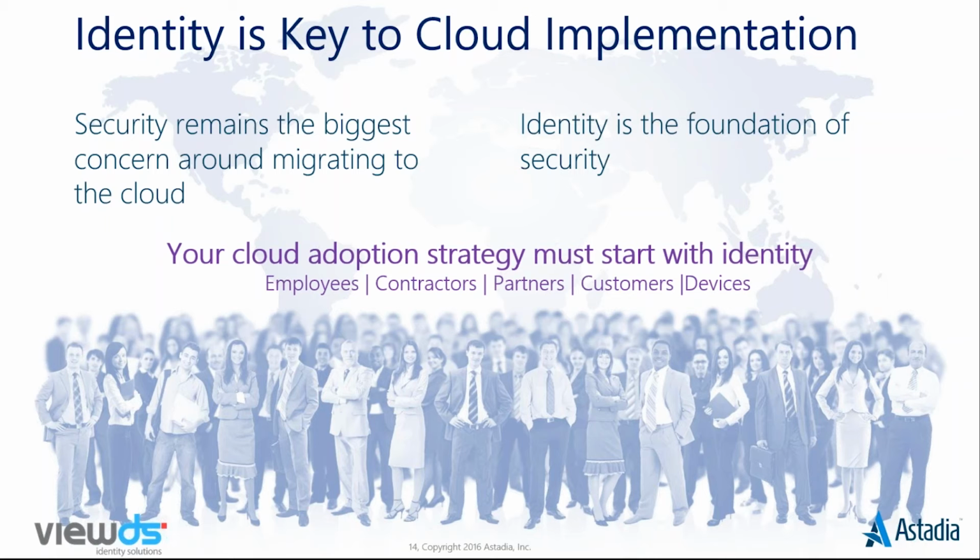Historically, the biggest concern about adopting public cloud applications has been security, and it's still listed as the primary inhibitor to cloud adoption in most CIO surveys. And the basis of security is identity and access control. Security starts with being able to identify actors and the resources that they're operating on, and defining and enforcing the policies that determine what they should and shouldn't be doing.